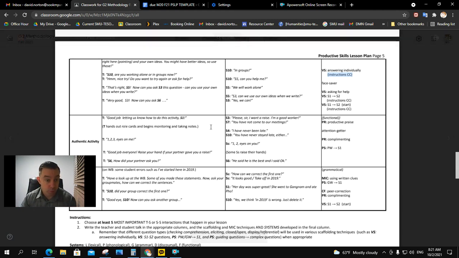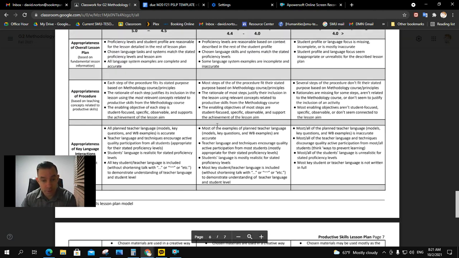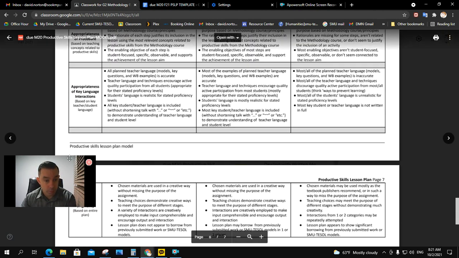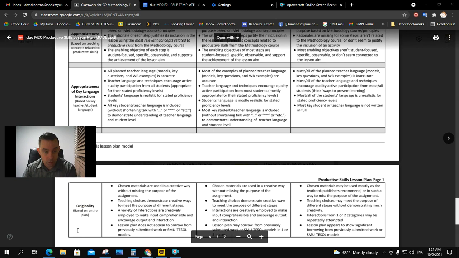Make sure you both do about 50%, and check out your rubric to be crystal clear. Notice that one of the criteria is originality, so don't